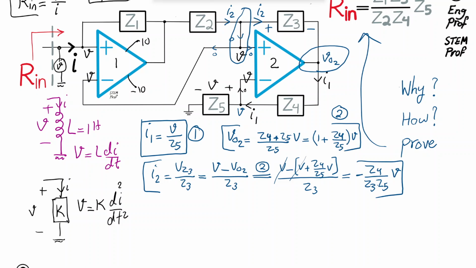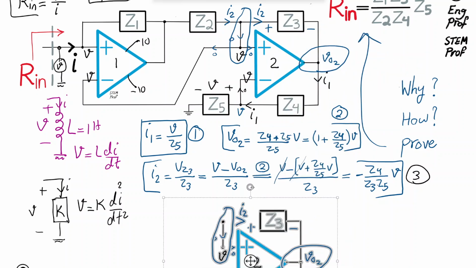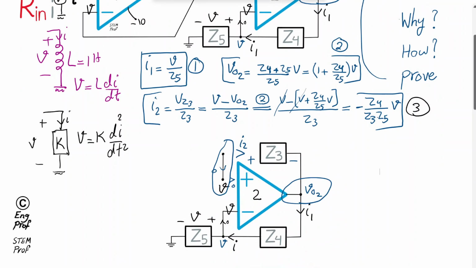is useful, what I found is, let's say equation 3, the current I2 going through Z3 and Z2 is related to the voltage V at this node via the coefficient minus Z4 divided by Z3, Z5. That's a negative impedance converter. So effectively, if we were supposed to only look at, let's say, this portion of circuit, so I'm going to show it. If we were supposed to only look at this portion of circuit, like this,